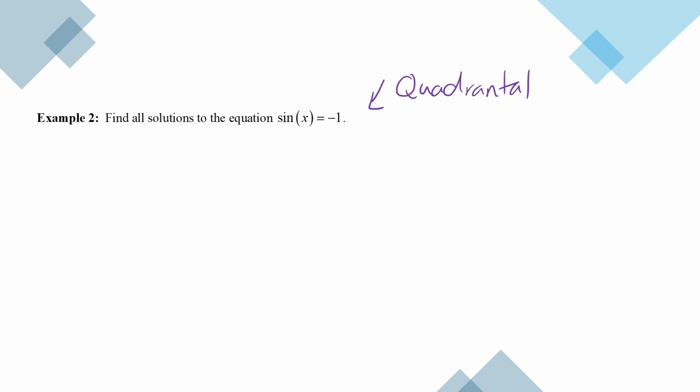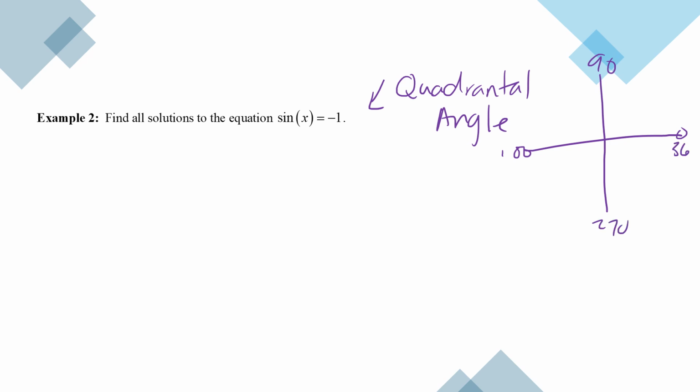Quadrantal angle. Remember, your quadrantal angles are your angles that make up your quadrants. So 0, 90, 180, 270, 360. These are our quadrantal angles because at any other point, do you get zeros and ones? No, you only get zeros and ones on your quadrantal angles. Make sense? So I'm looking for a quadrantal angle because it says negative 1 that will give sine a negative